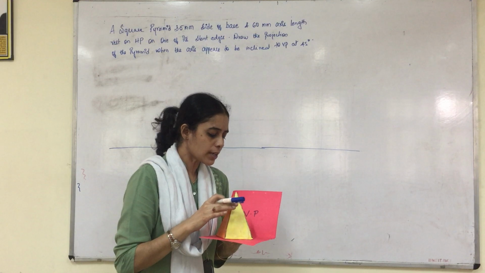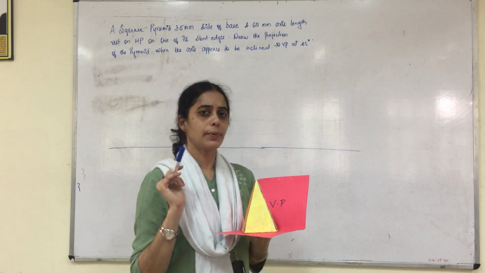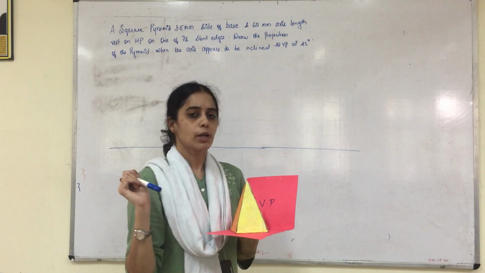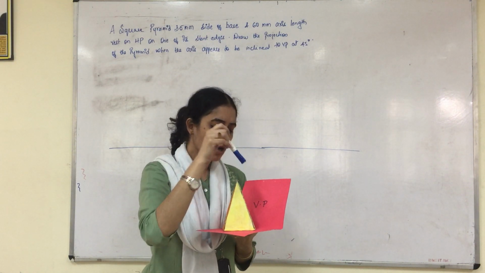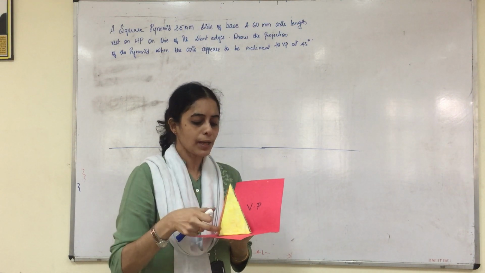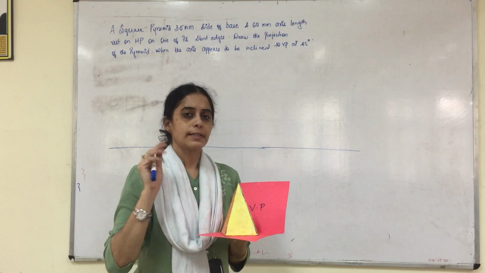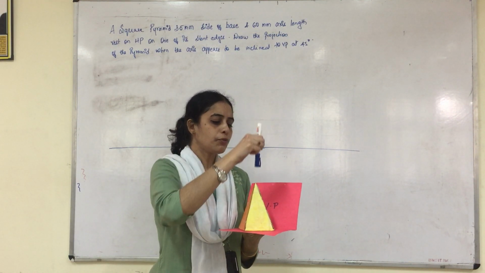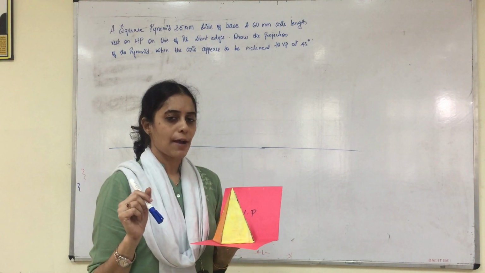Okay, so for that reason you keep the initial position of the square pyramid resting on one of its corners. After this you view from the top. When you view from the top, all four corners will be visible. The apex O will be visible. O1 of the bottom surface will not be visible, so you write it in brackets. The top view will be like a rhombus surface that we have to draw.